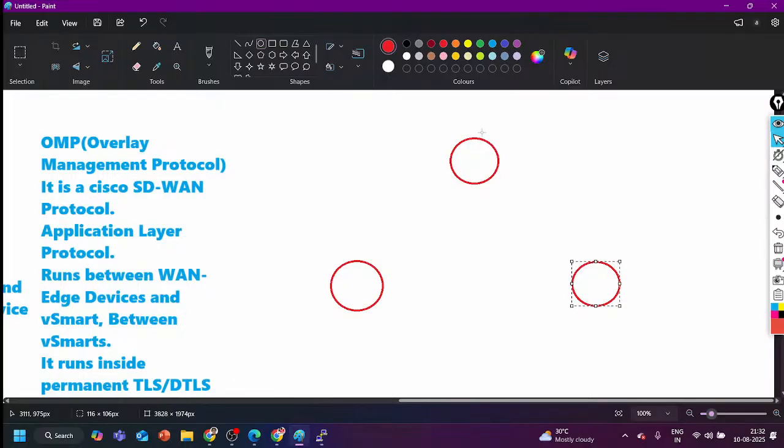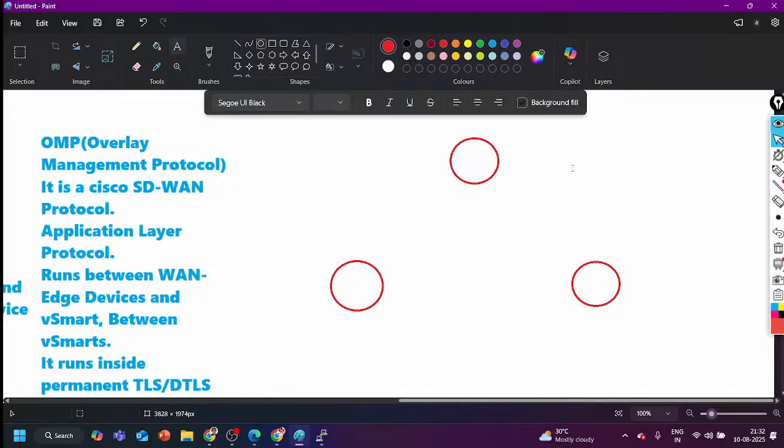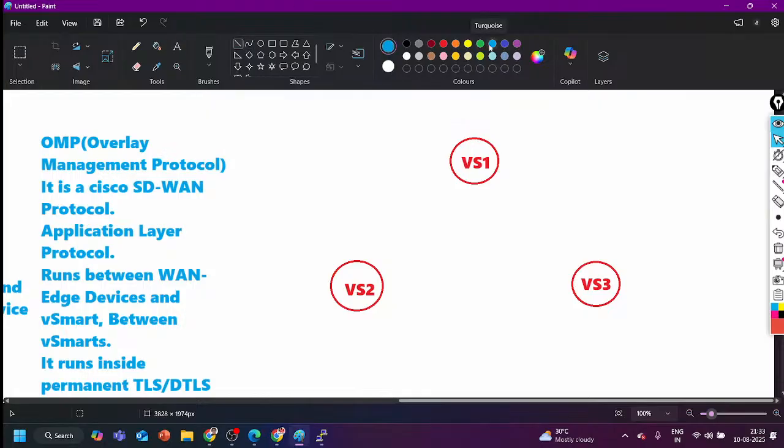Maybe one vSmart is on cloud, one vSmart is connected to the internet directly using a public IP address, and one vSmart is in my branch 1. But all the vSmarts will have OMP sessions between each other. That means all the vSmarts are also going to establish control connections. We will also have control connections between vSmarts and vSAs. So if I talk about OMP sessions, you will have one OMP session here, one here, one here,